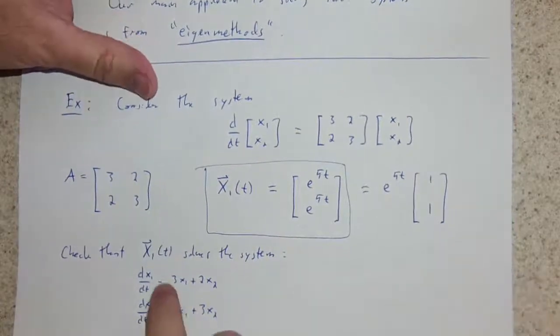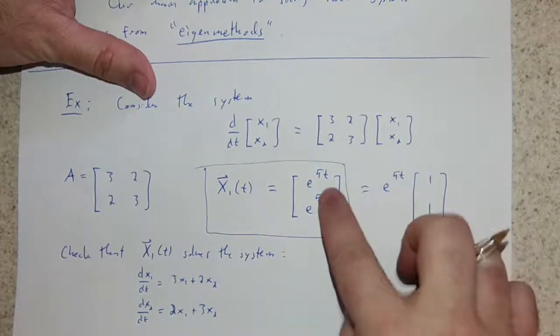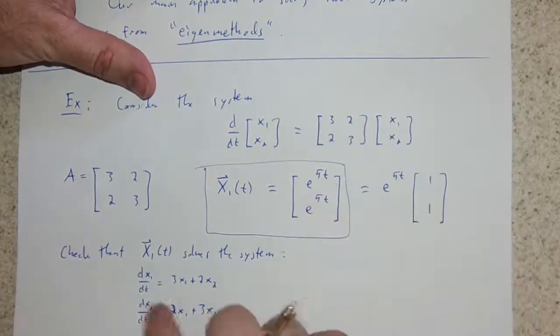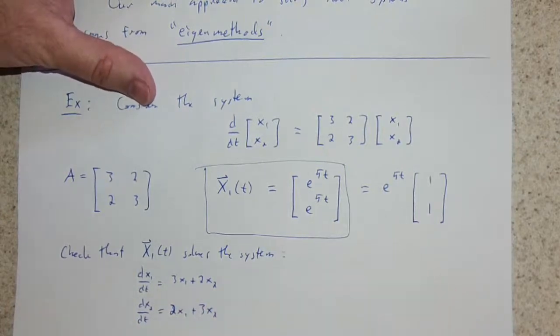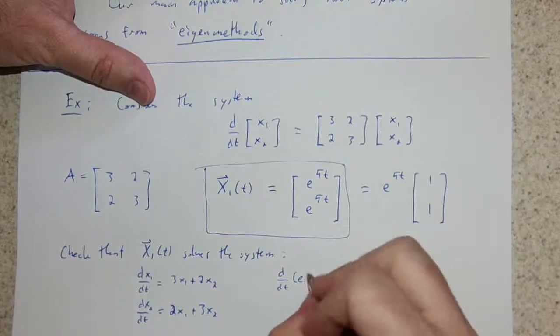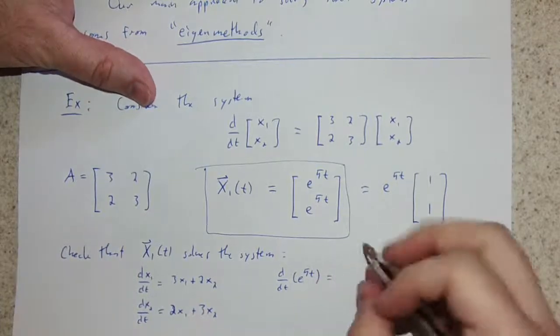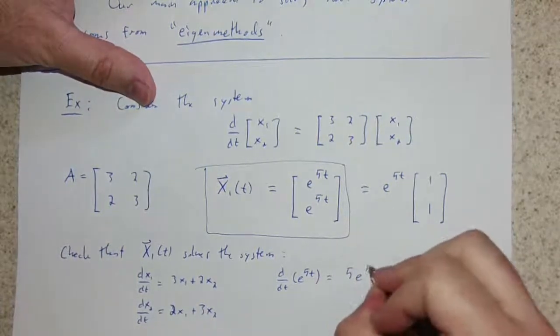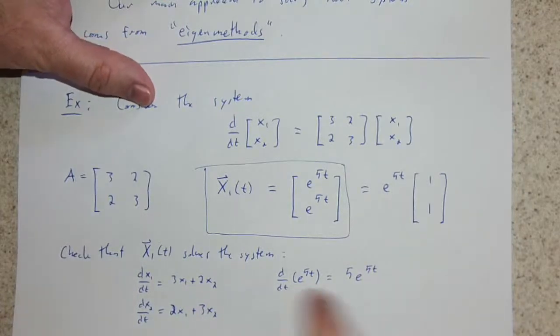Okay, but x1 of t, saying that this solves the system, is saying if I let x1 and x2 both be e to the 5t, that I should get what I want here. Let's just check to make sure that this works. So then the question is, what is d dt e to the 5t in either case? And this is 5 e to the 5t. Does that match up with